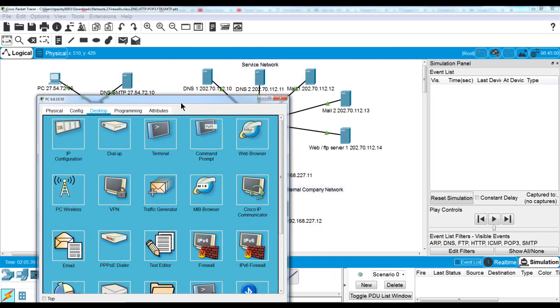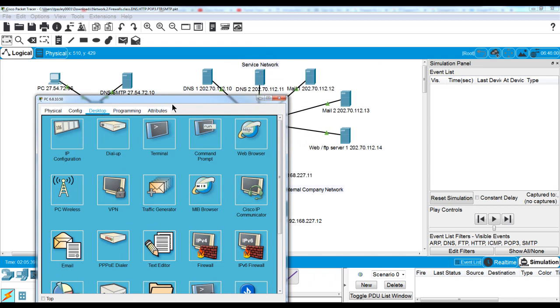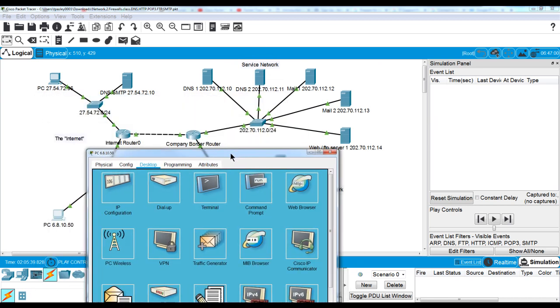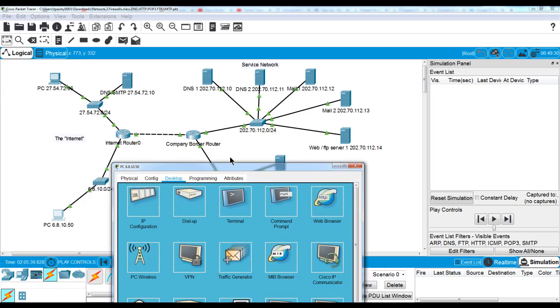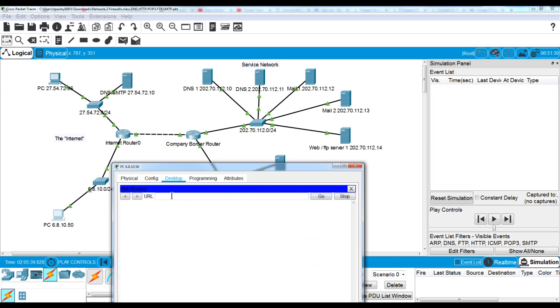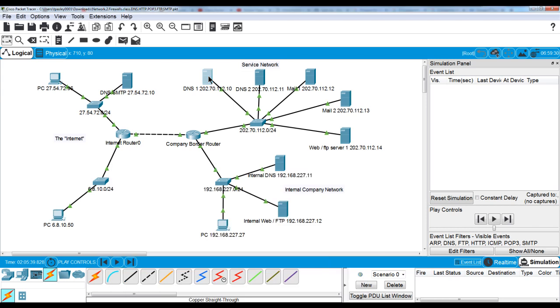If you click on it, left click, and go to the desktop, there's a number of things here that we're going to use to help us see what works right now. I'm going to click on the one here that says web browser. Now, this is a simple web browser, and I'm going to type in www.mycompany.com. Now, before I click go here, I want to show you on this DNS server,